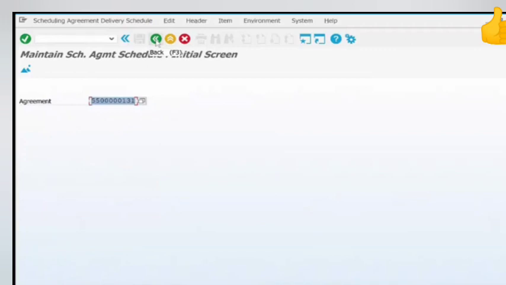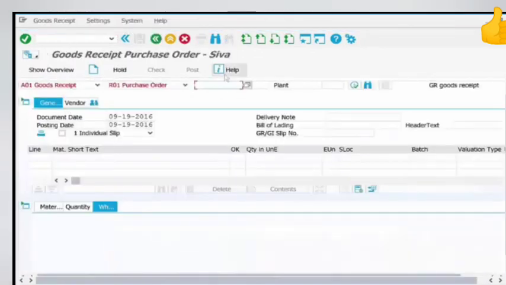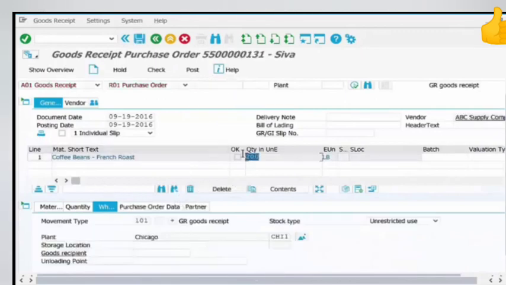So the beauty of the scheduling agreement is you don't need to create a release order. No need to create release orders every time you need coffee. You already told him the times that you need and the quantities that you need. All you need to do is go to MIGO, which is goods receipt. So enter your scheduling agreement, hit enter, and see SAP automatically knows that